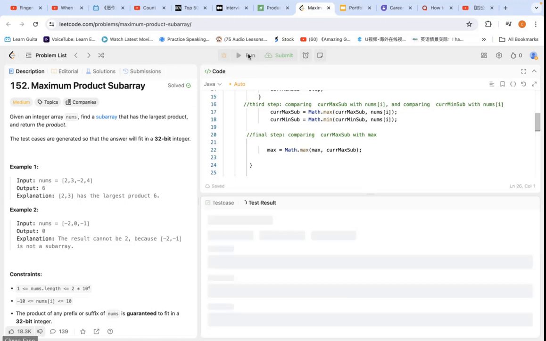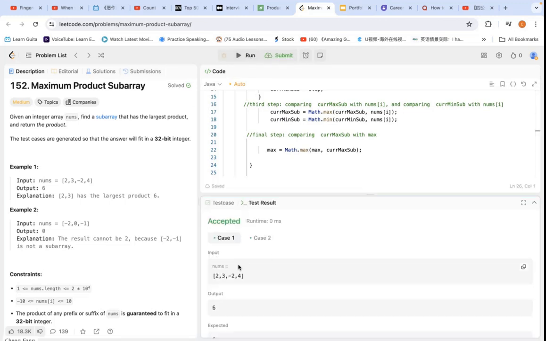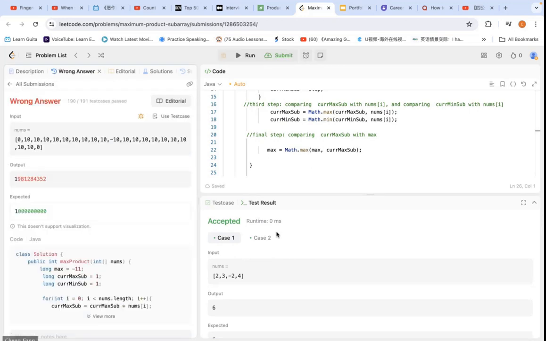Okay, it's working. You can see the problem. You see 0, 10, 10, 10, 10, 10 times. You can see in this subarray, it should be really bigger. It should be over 32-bit integers. So you can see here should be 10 power 2